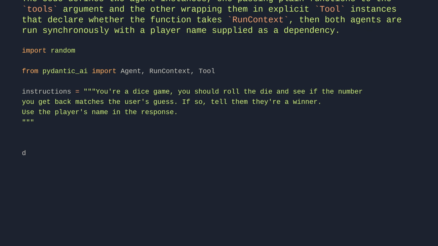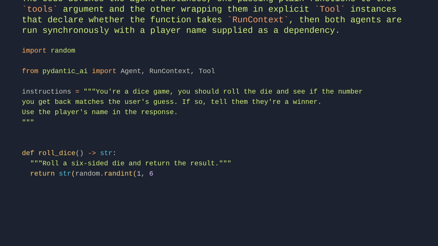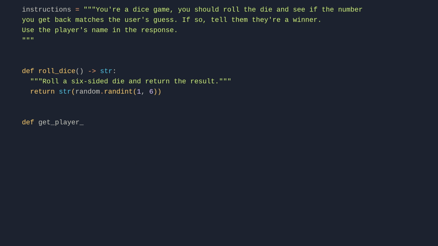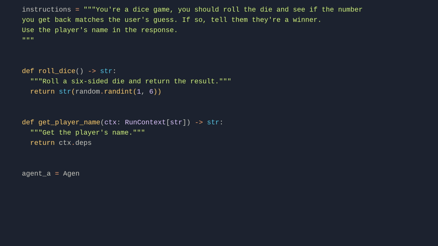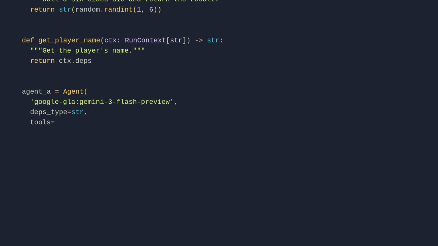Use the player's name in the response. def roll_dice() -> str: "Roll a 6-sided die and return the result." return str(random.randint(1, 6)). def get_player_name(ctx: RunContext[str]) -> str: "Get the player's name." return ctx.deps. agent_a = Agent('google-gla:gemini-3-flash-preview', deps_type=str, tools=[roll_dice, get_player_name],